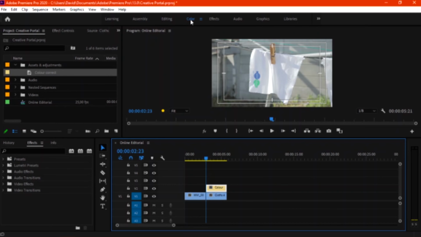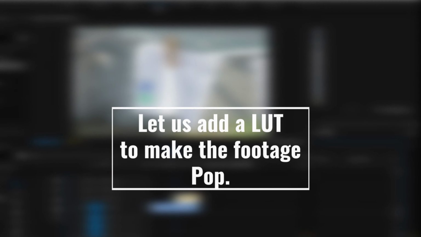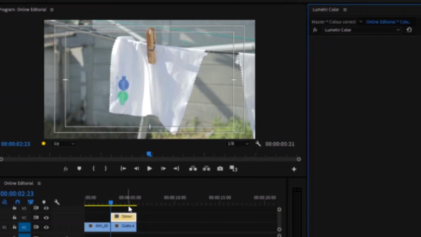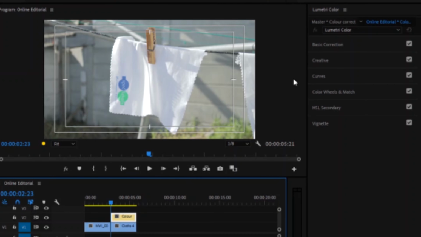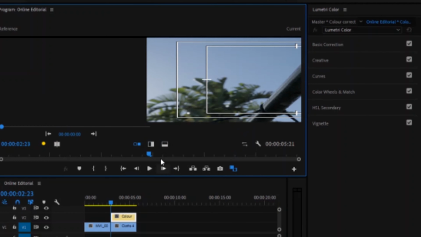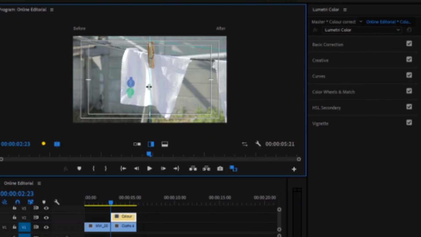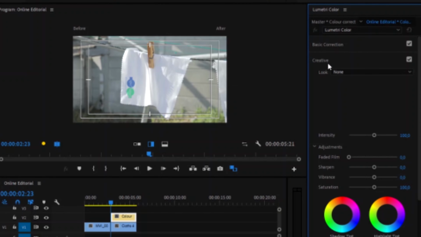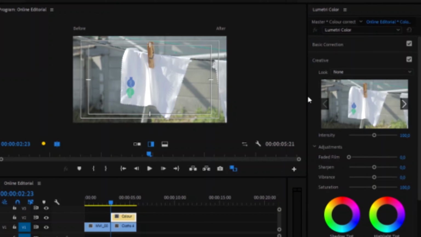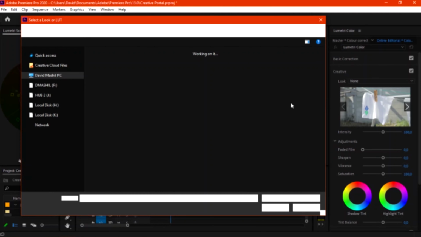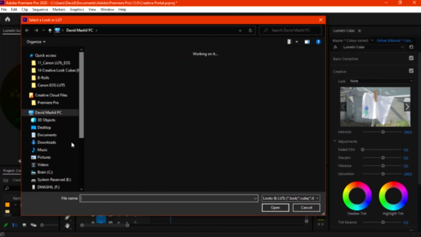Then from there, go under color. We're just gonna put in our LUT. Well, in this case, one of the LUTs that I created. It's not available yet. It's just a LUT that I'm personally using. And then from here, let's just go quickly into the folder of where that LUT is.